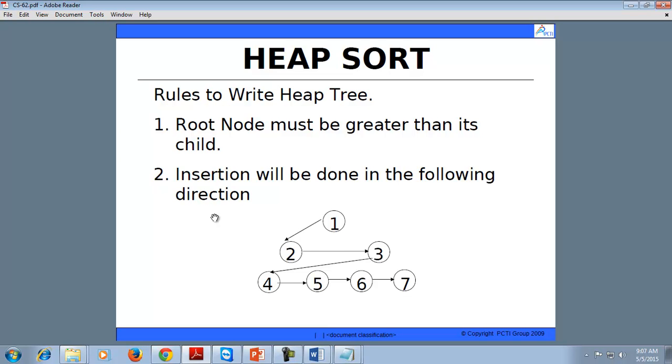Insertion will be done in the following direction: first the root node will be inserted, then left and then right, again left, then right. Means the basic property of a heap tree is that the root node must be greater than its child.